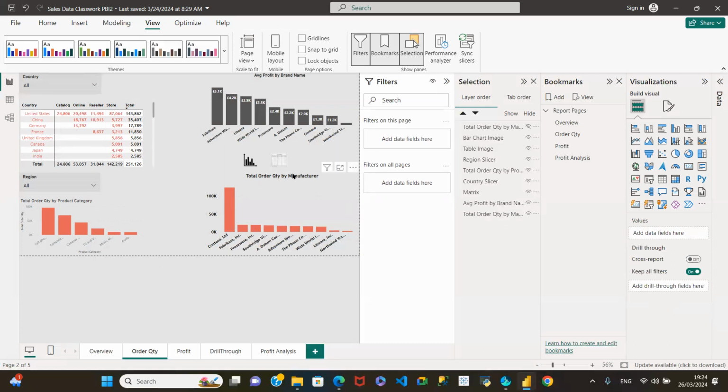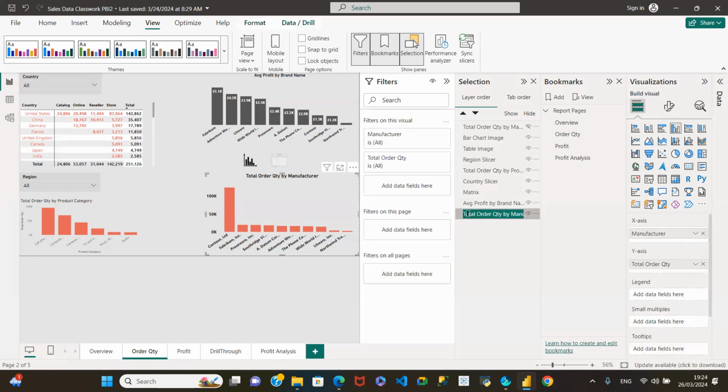Whilst we are in this view, let me double click this and put "bar" in front of this one, so we know which is which. And I want this to be my table view. So in front of it right there, I'll put "table", because I'm going to change that to a table